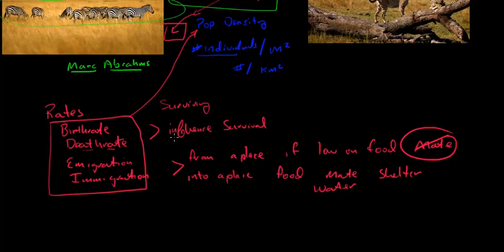And this is certainly influenced by things like food and shelter and water and predators. And so these are going to be highly variable depending on the conditions around them. And in response to those conditions, they might choose to emigrate or immigrate. Now, I don't want you to confuse this with